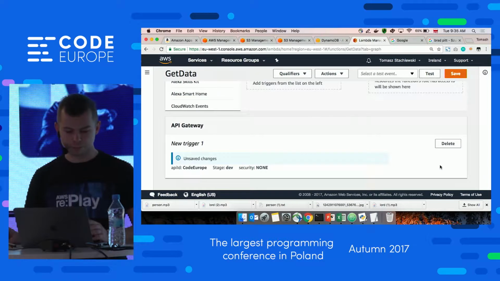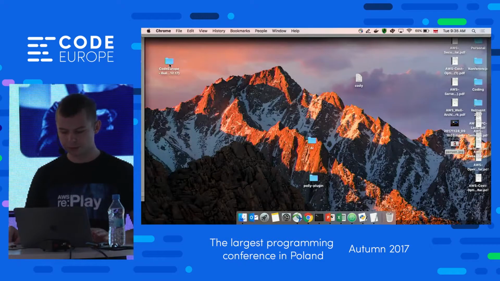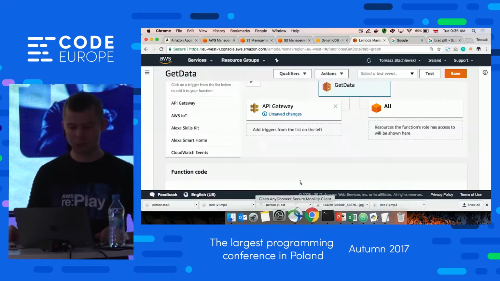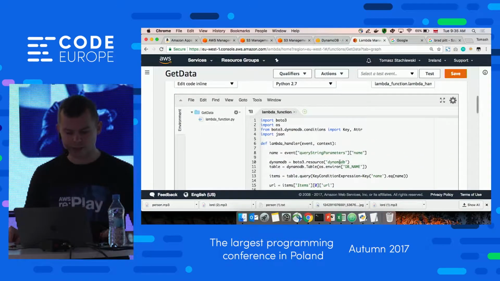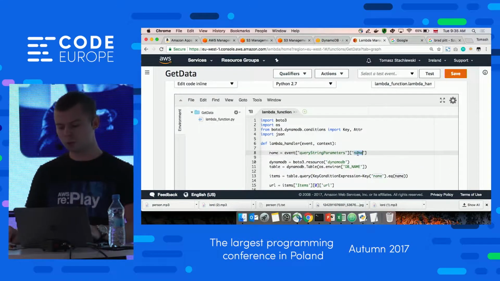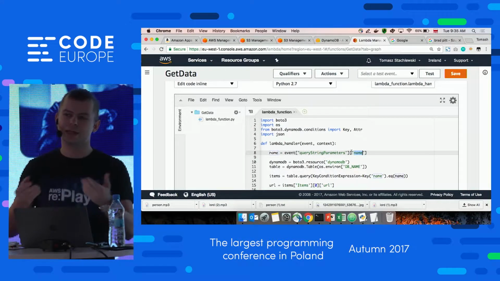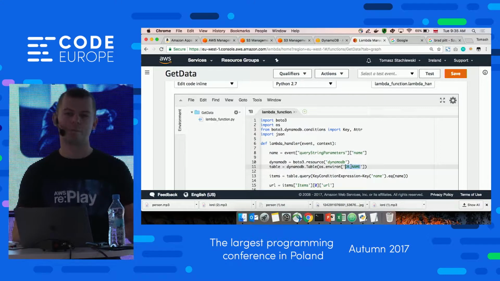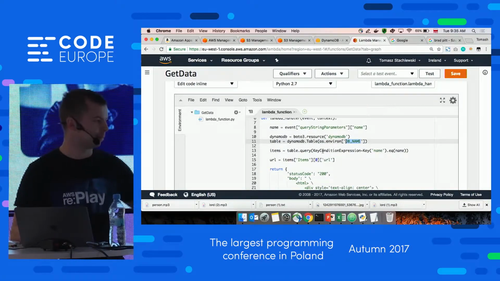It will be production, and let's make it open so everybody will be able to access it. So let's add this trigger, and let's now specify the code, so the business logic of our microservice. This won't be the best practice, but this is working, so that's why I wanted to put it like this. Usually, using RESTful web services, you would return some kind of data, JSON or something like this. This time, I wanted to return the whole web page, so that's why I'm returning HTML here. So I'm rendering the page.